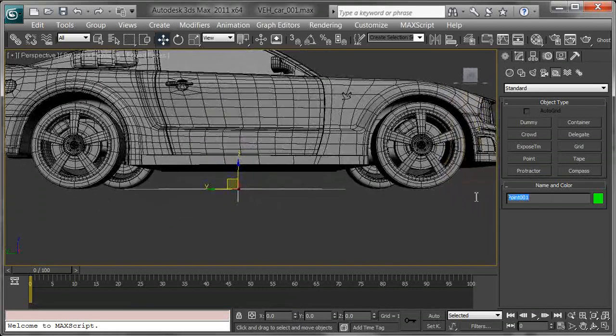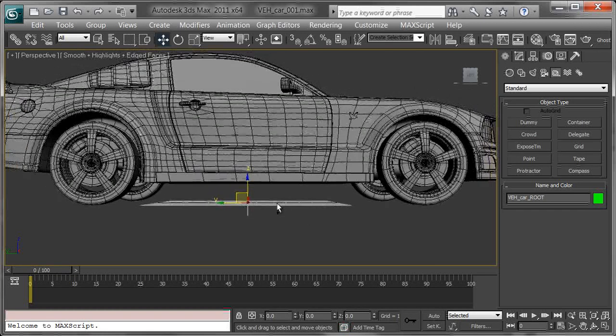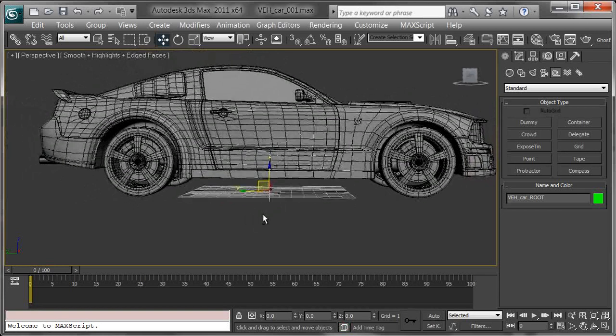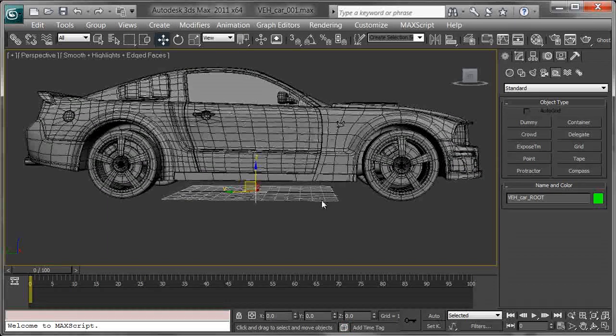I'm going to rename this point because I like to have at least my rig, I'm not too bothered about the geometry on this, but I want my rig to have correct naming conventions. So I'm going to do capital VEH for vehicle, underscore car, doesn't matter what the car is, underscore capital ROOT. And the root is going to be the highest level of the hierarchy. I really like to have my own naming convention and my hierarchies nicely set up so I know exactly what everything is. So bringing back the schematic view,